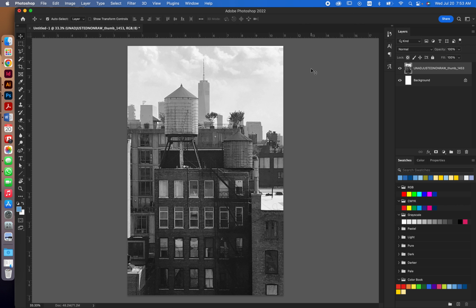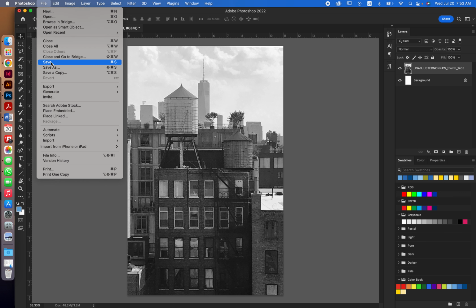One of the first things you want to know how to do in Photoshop is save your work. This is something you're going to want to do early and you're going to want to do it often. So let's go through it. We have here the file with the picture in it, and now I'm going to go to File, Save,